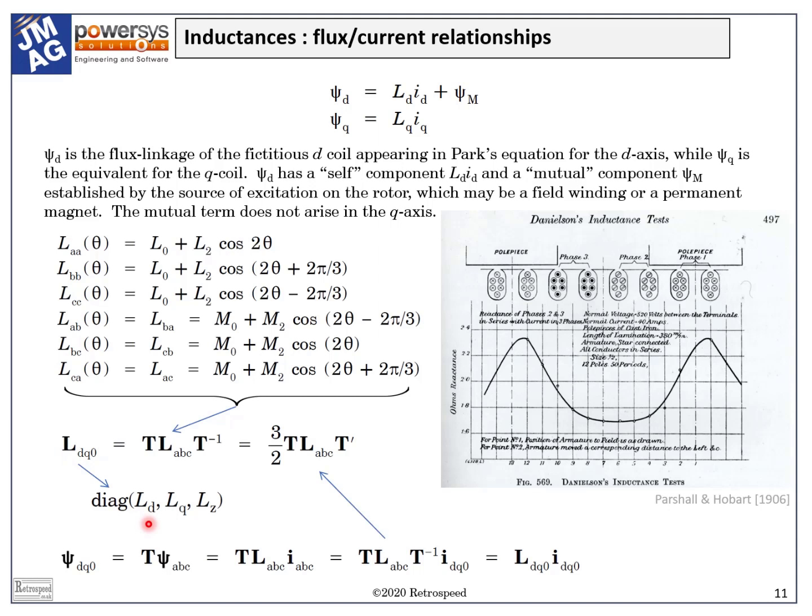In fact, the third one, the zero sequence inductance, is of no consequence when we're dealing with a three-wire connection, which is the normal case. So we're left with only two, the synchronous inductance in the direct axis, LD, and the synchronous inductance in the Q axis, LQ. And these are the inductance equations or flux linkage equations in the two axes for a permanent magnet motor where psi m is the flux linkage produced by the permanent magnet.